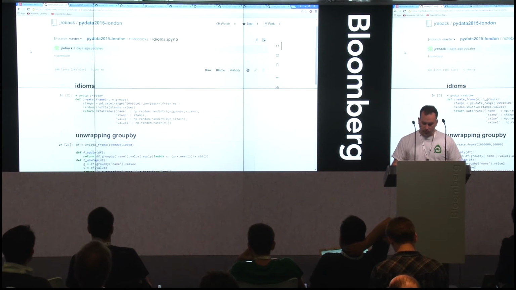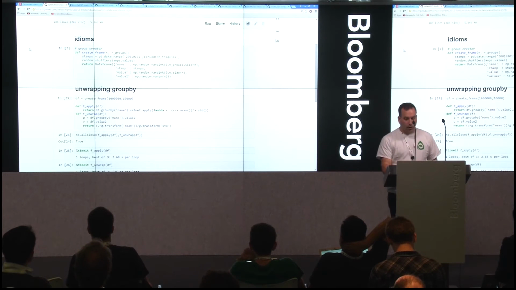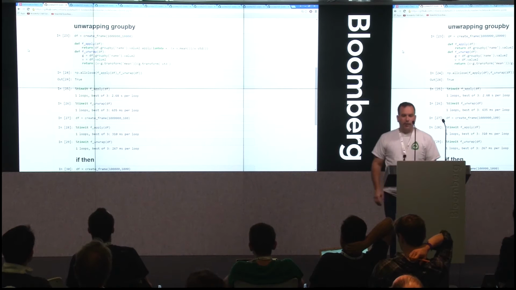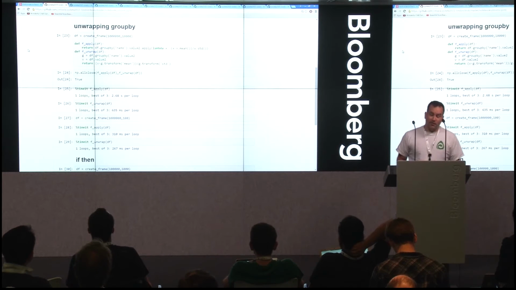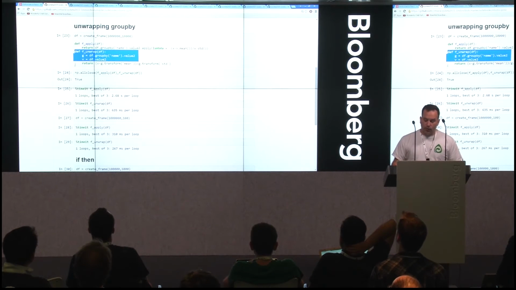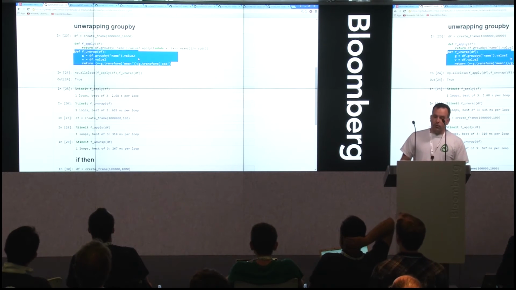Okay, so these are two, I'll say, easy idioms that are pretty useful. People do a lot of group bys. This is the concept of, in fact, this is actually in the docs like this, where you'll normalize a group. Basically, I want to do a z-score type of thing on a group. You can actually unwrap this. So you can use transformational operations where you do the same exact thing, but you do this sort of